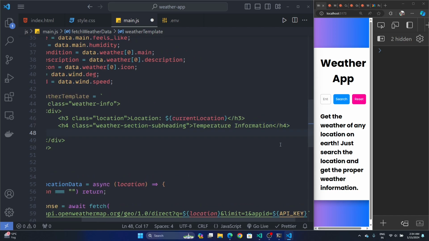And then after this we can have a p tag, and in that p tag we can do temperature, not temperature, temperature, which will be $, our temp, and we have to show the degree sign, so we can do %, and then degree, deg, and then semicolon and c. Okay,